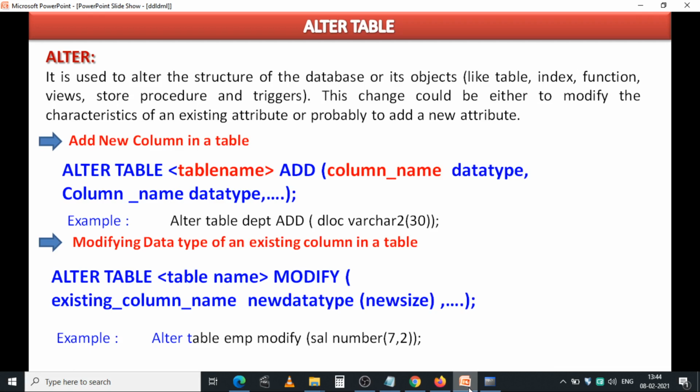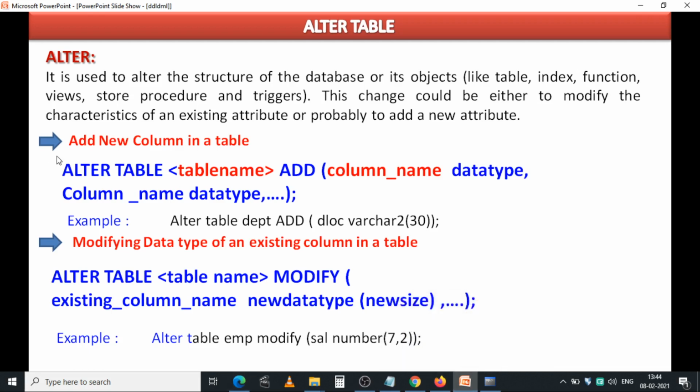After creating a table structure, if you want to make any changes to the structure, like adding an additional column to the already existing structure, or modifying the existing column's data type or size, or renaming an existing column in the table, or deleting an existing column from the table, we use the alter command.